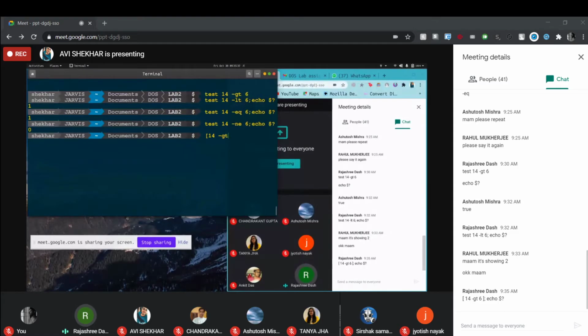Otherwise, it will show you error. Before and after the square bracket, there should be space. Got the thing? Okay, either you can use the test command or you can use square bracket for representing the condition.